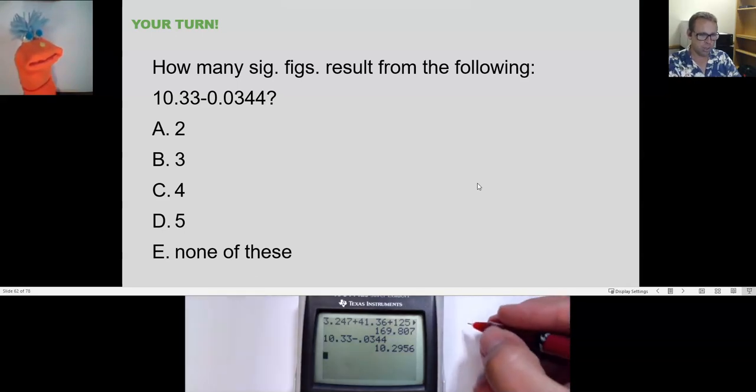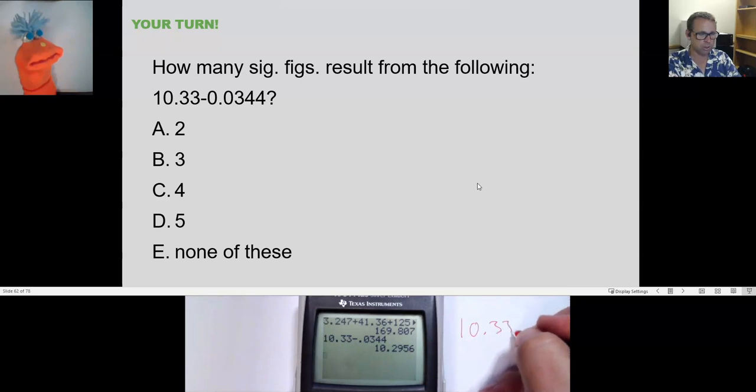Sure. And again, that's what you have to do. You have to take 10.33. You have to subtract 0.0344. All right, use our arrows here like this. We can write down the answer,